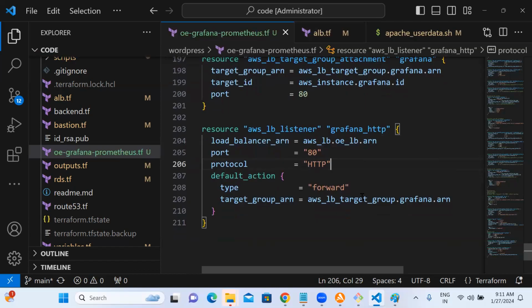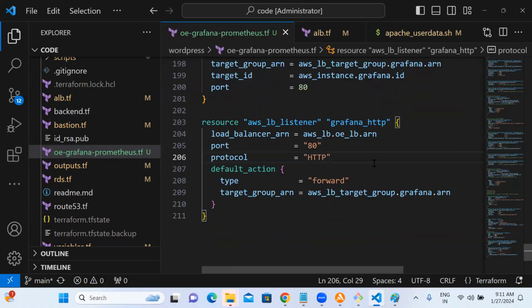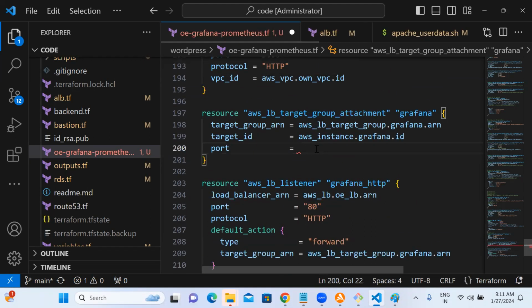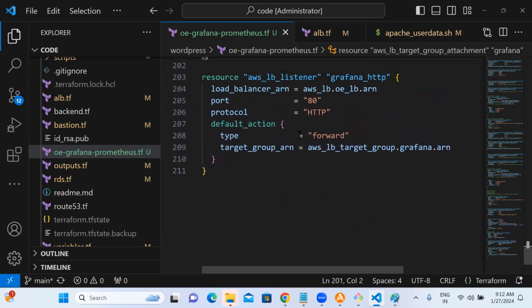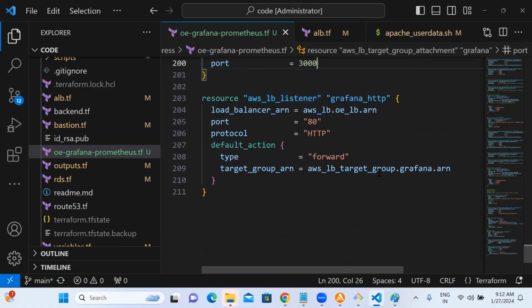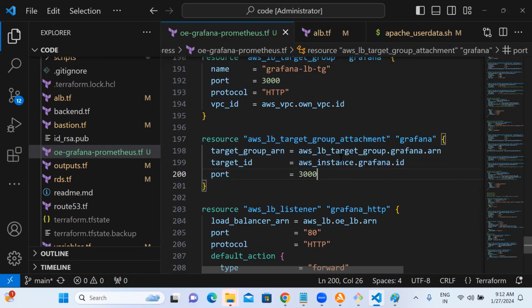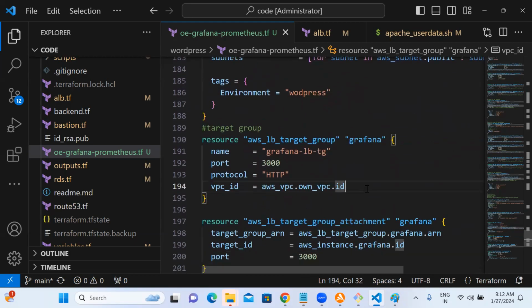Now this target group is also Grafana. You are calling the name here. And then the listener, yes, you listen on 80. This attachment also you have to change to 3000, because you are forwarding to here. The target group also 3000. Yeah, this is correct. It is 3000, I'm sorry. So the listener on 80 forwards to the target group. This target group has an attachment to EC2. It will forward from here to here, and then the security groups are good. Let's see, cross the fingers.